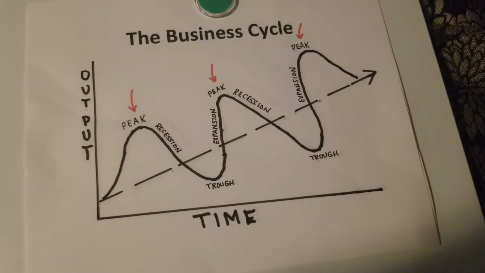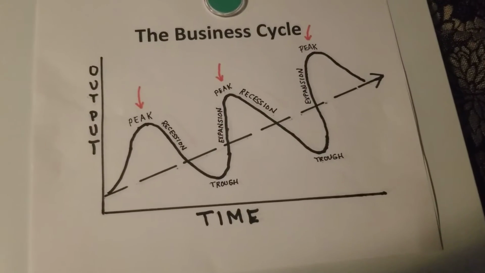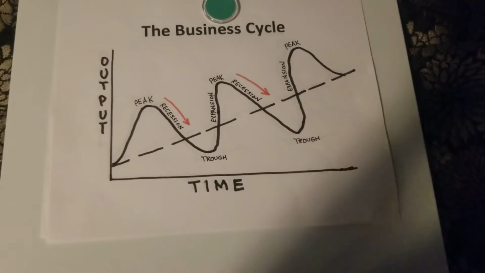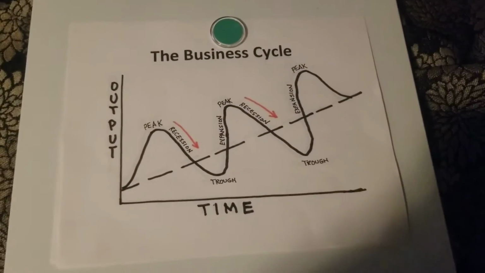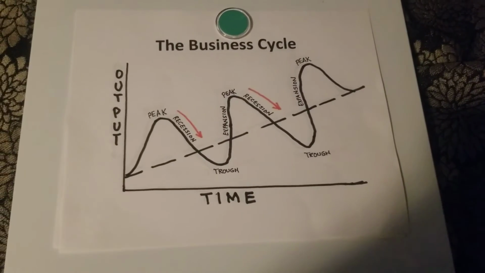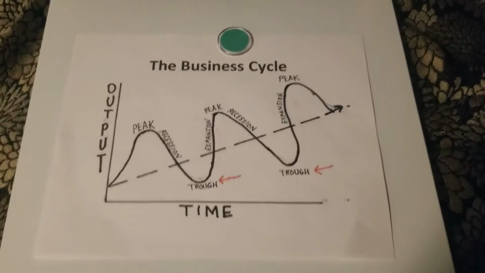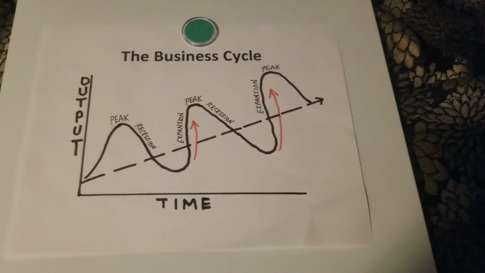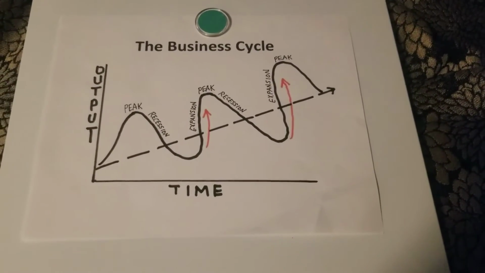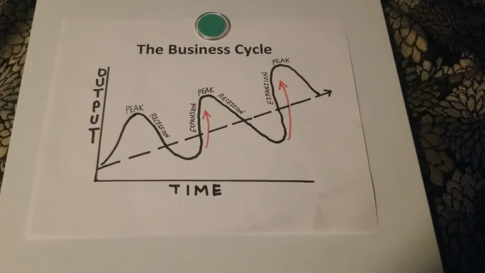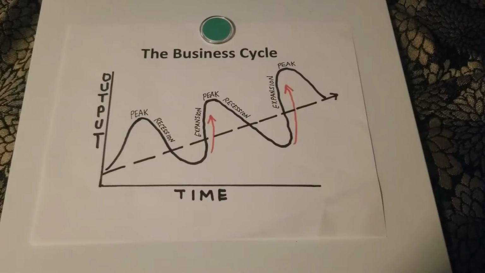Say we start at a peak in the growth rate of an economy. The peak is followed by a downturn in the economy where there is a declining GDP, known as a recession. Eventually, this will hit a low point known as a trough. Afterward, the economy will begin to recover and expand until once again it hits another peak, and so the cycle continues.